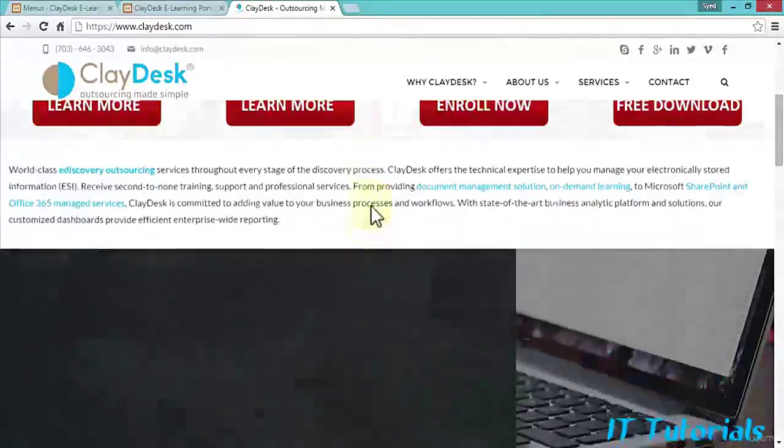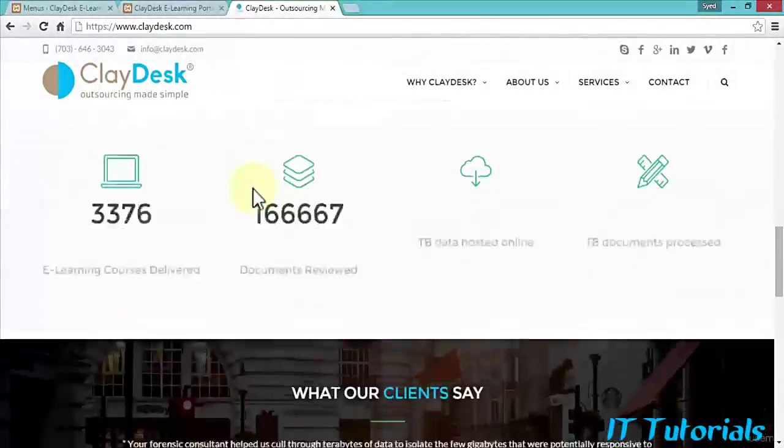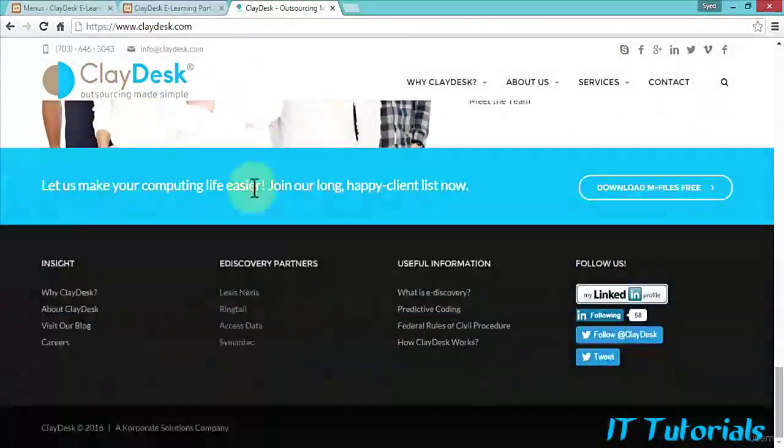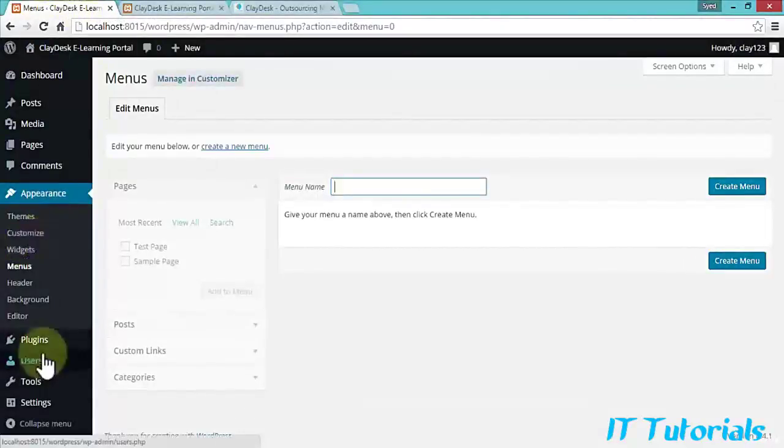Similarly, if I scroll down towards the bottom of our website here, notice the bottom section has four columns, so to speak, right? So I have Insight, eDiscovery Partners, Useful Information, and Follow Us. So these are coming from widgets. These areas are created using widgets in WordPress. So let me navigate back to the dashboard here, for instance. If I go to my Appearance here and click on Widgets,